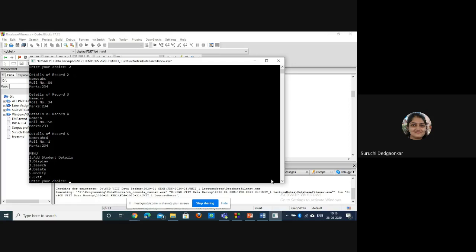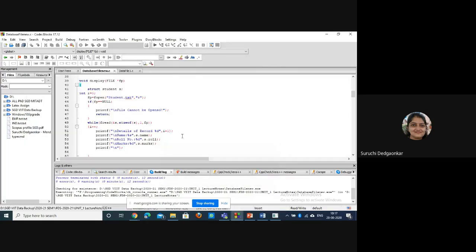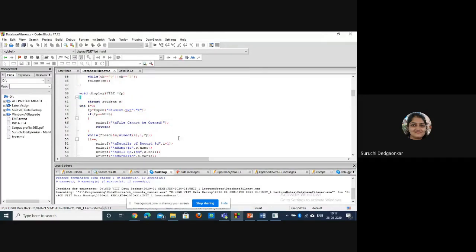It is showing many records because previously I have executed this program. So there are certain records which are already present in the file. Okay, and one more record is added. This fifth record is added currently, recently. Okay, so all these records are already present. Then accept, display, clear, insert record and display.